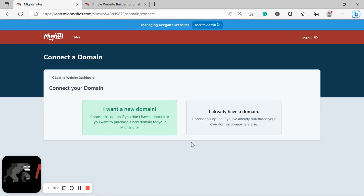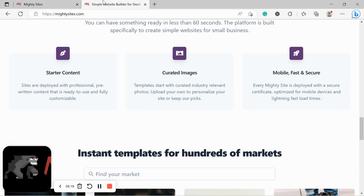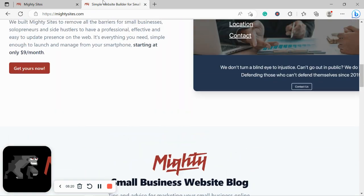So now if you have a custom domain, click on connect your domain. Say I already have a domain and go through the various steps in linking it. Now, if you're struggling, there is a blog post over on our website,